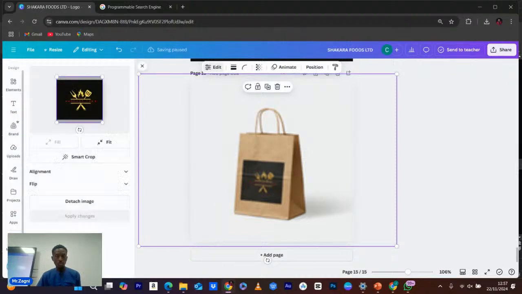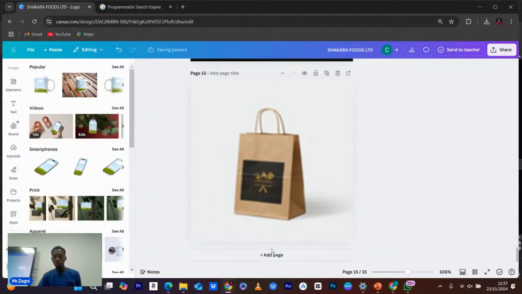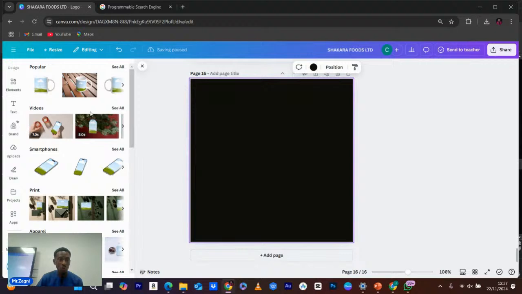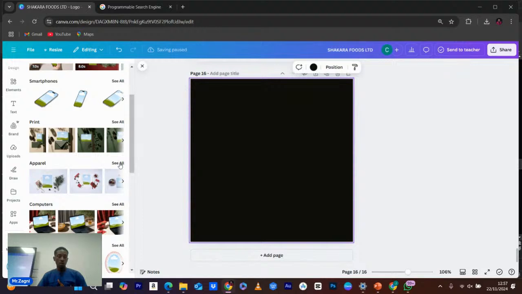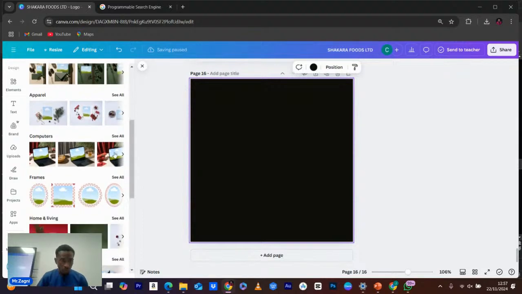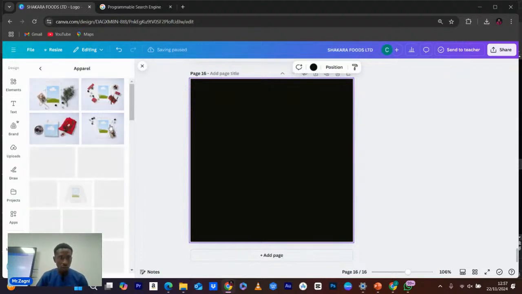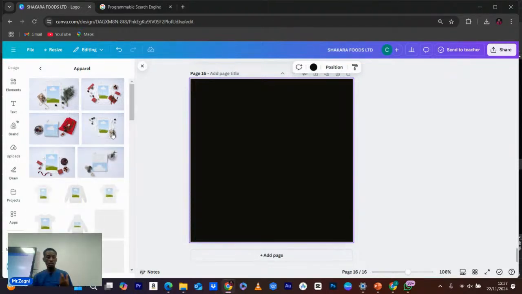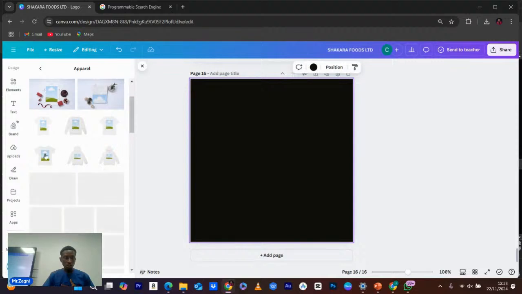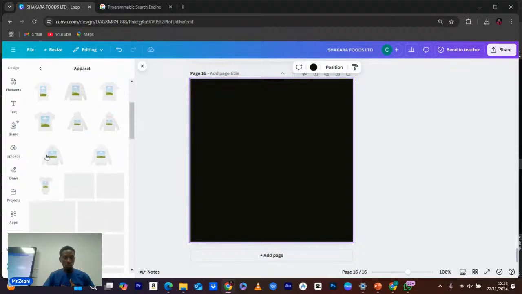So aside from this one, you need to add another page again because you need to do a lot of samples that would make them want to buy. So you can do clothes. Maybe you can say for people that will sell the food in the company, this is how the logo is going to look on them. The clothes is going to